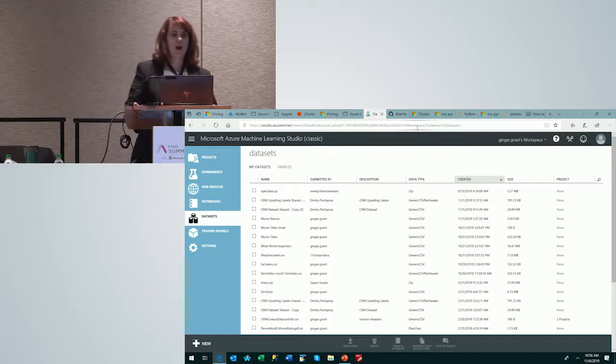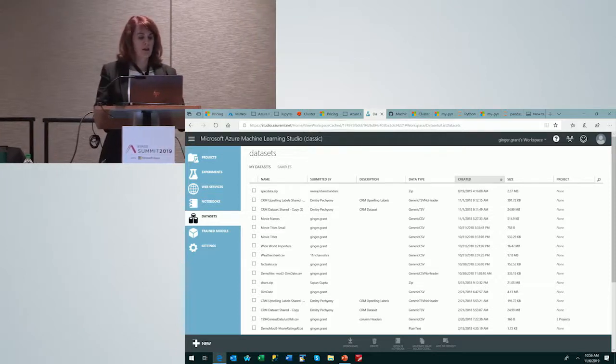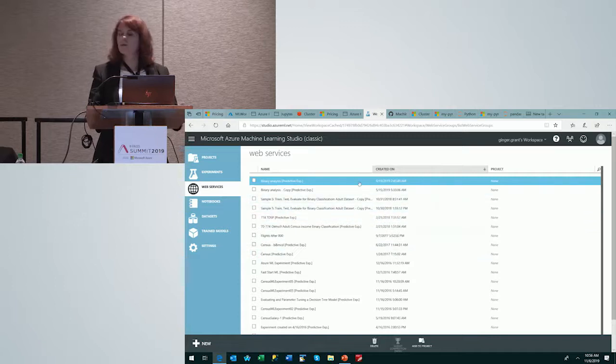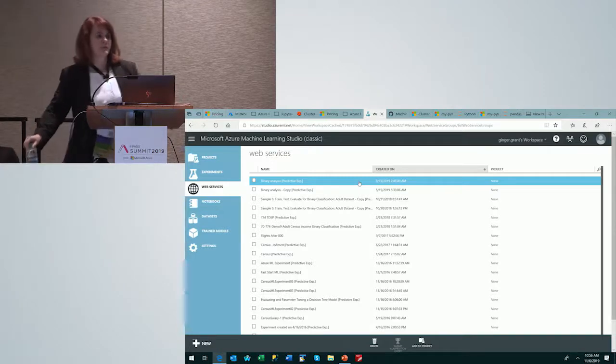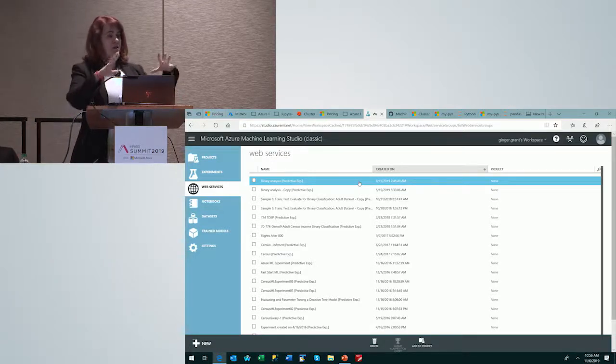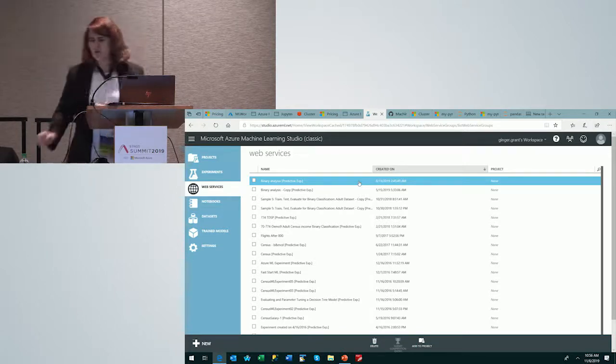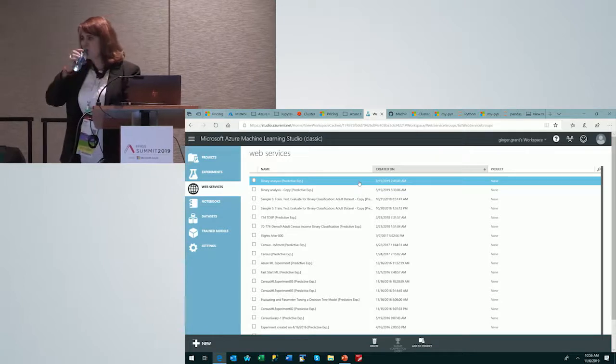But good question. That is not within here. Within here, what I can do is create a web service, and this web service can be called from within other Azure products. This tool is obviously Gen 1; it came out, I believe, 4 years ago, so it doesn't have the rich feature set.